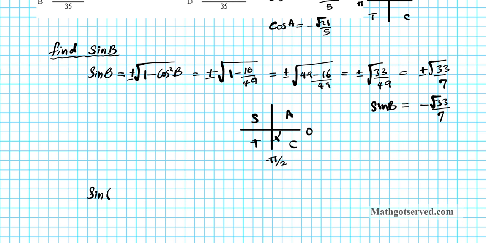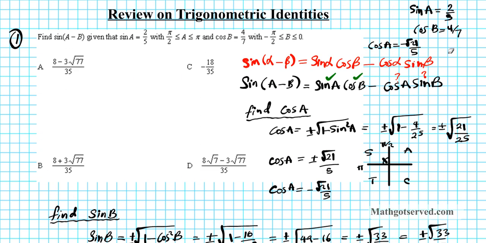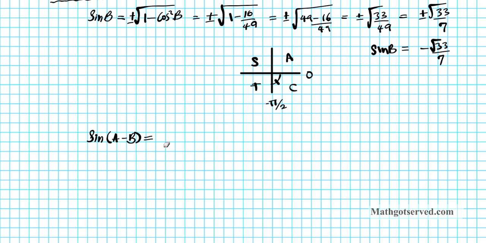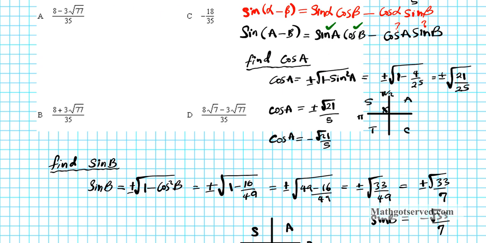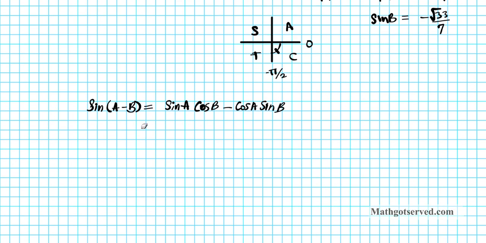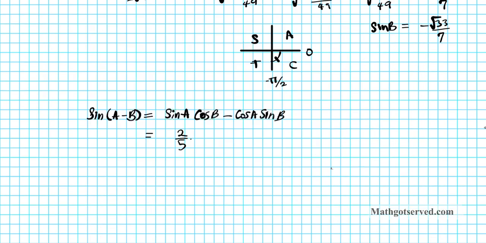So sine of A minus B is equal to sine A cosine B minus cosine A sine B. Let me write it again so we don't forget. Sine A is 2 over 5, and cosine B is 4 over 7. So sine A is 2 over 5 times cosine B, which is 4 over 7,